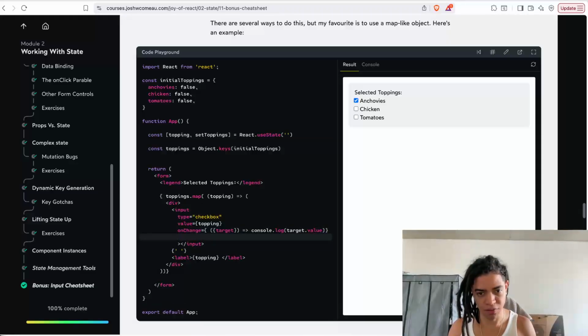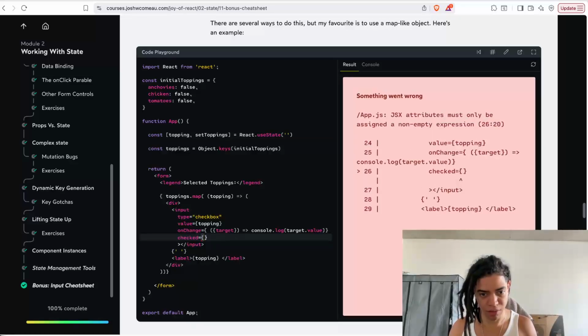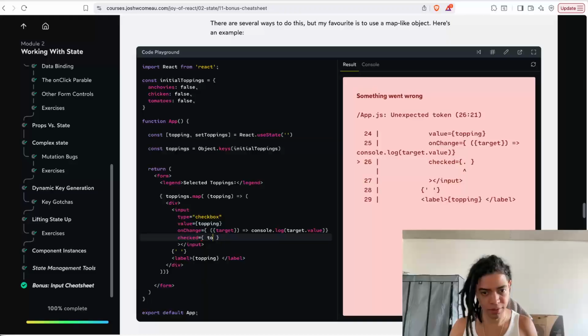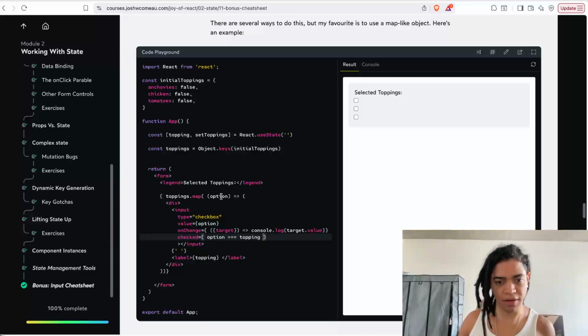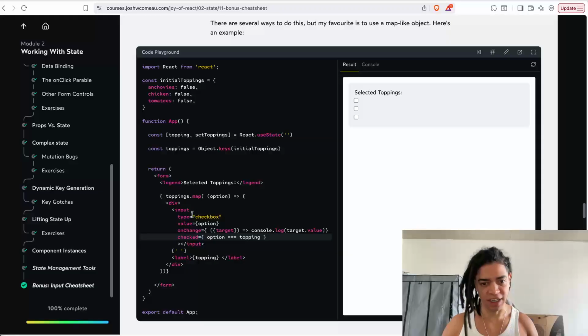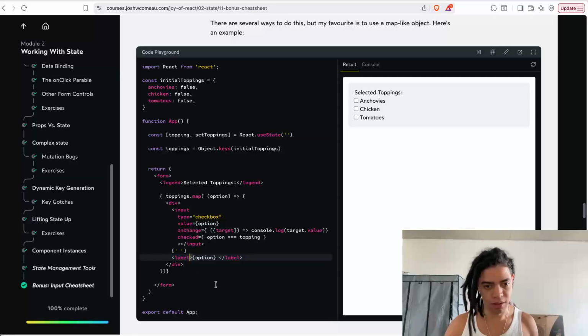So anytime that this value now matches the tokens, in this case, we're going to call this option, to avoid any shadowing. So anytime the option is the same as the token, well, this is the value. I do want this to be checked as it is, right? So now show the options, and I do want to bind this input with the label